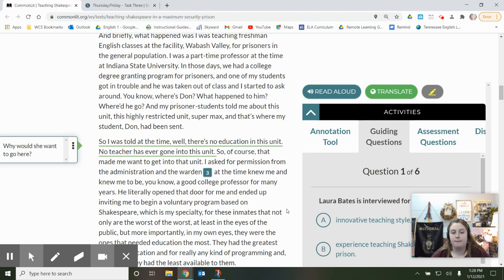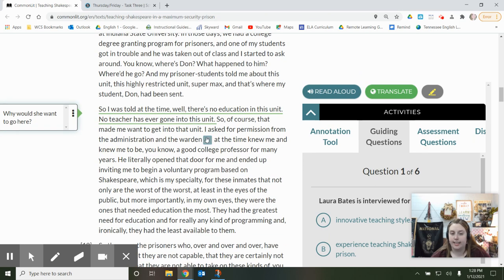I asked for permission from the administration and the warden. Again, here's the footnote, so we click on it. The warden is the head official in charge of the prison. So it's kind of like the overall principal of a school. The warden is the jail. Okay. At the time,